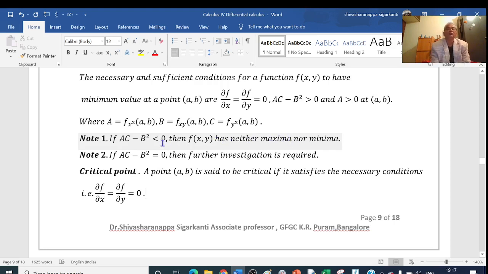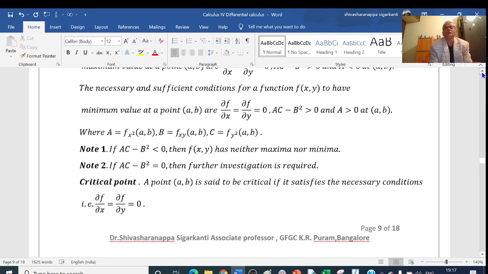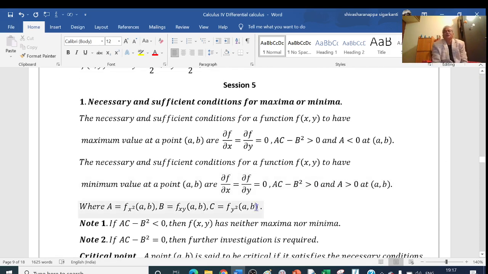So that point we call it a saddle point. Okay. So to find the maxima or minima of a given function, the working rule is what to do. First, we have to differentiate the given function with respect to x and with respect to y, that is, find dou f by dou x and dou f by dou y, and equate these two to 0. So we are getting two equations here. Solve these equations for x and y. Whatever points we are getting are nothing but the critical points.